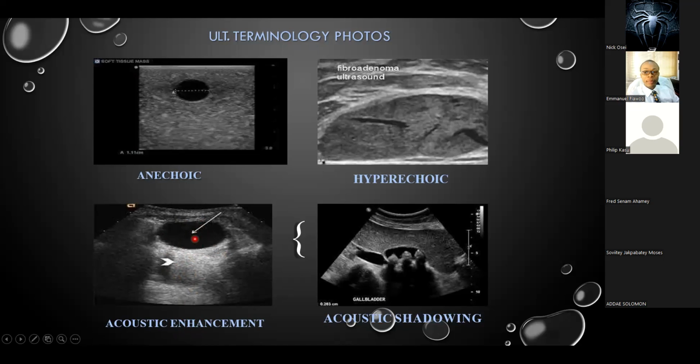An area of increased echogenicity or increased reflection of sound waves following an anechoic region describes a term you all know, acoustic enhancement. Now, aside from acoustic enhancement, we also have what we call acoustic shadowing. Now, we are going to explain acoustic shadowing, and you tell the difference between that